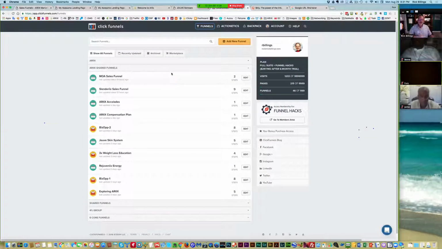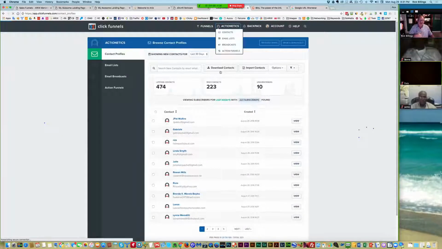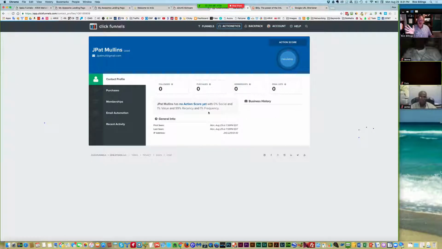So here's when you log in, and these are the funnels that I'm sharing. All these funnels you've seen on that page previously. I built them in here to share them with you. And so I'm using ARIIX here, which is their back thing, but you can see your contacts. So let's see this person here. I don't know if they're on the call, but when you click on it, you can see